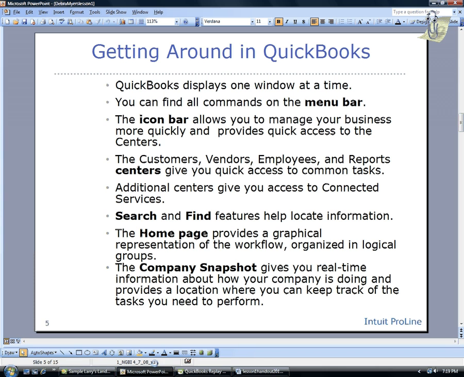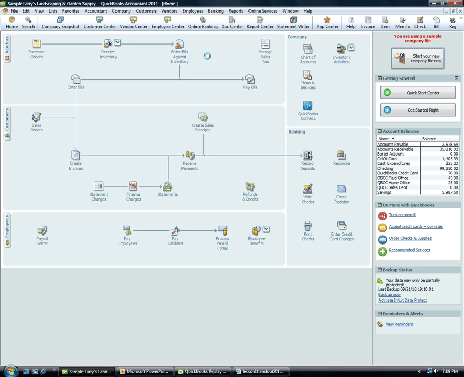What are they talking about? The menu bar, the icon bar. See these icons? That's your icon bar. And this is your menu bar. So the menu bar are just the name, and from there you can access just everything in QuickBooks, or the